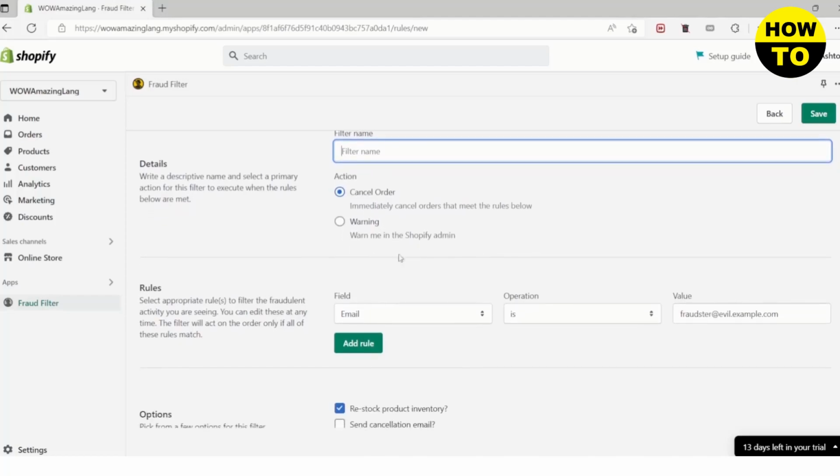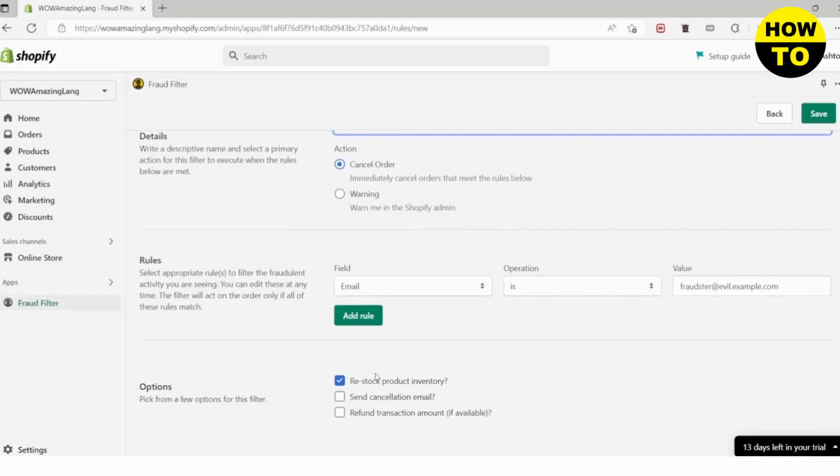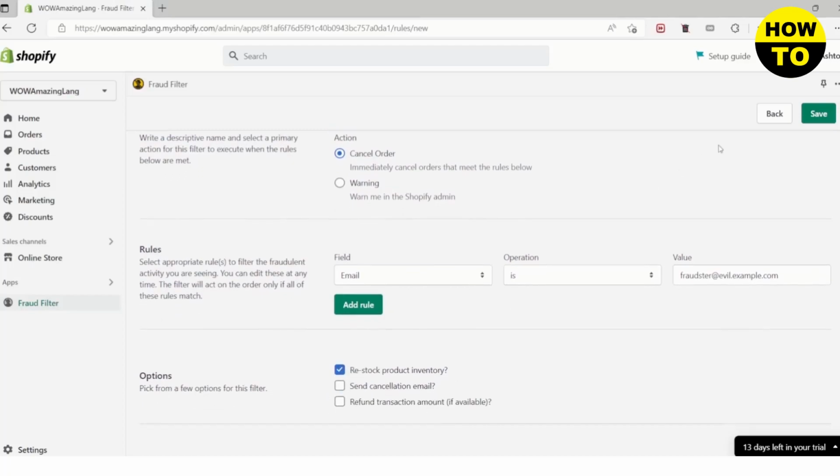For example, we can select an email address and then what operation we want to do. And then we can add the value as well. So once you're done, you can create a filter like this, and this will allow you to filter customers and